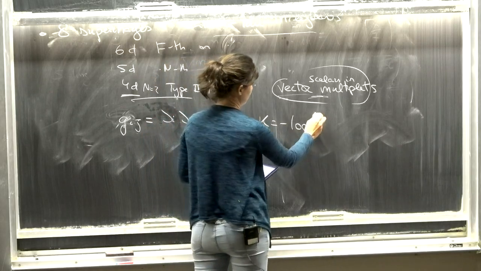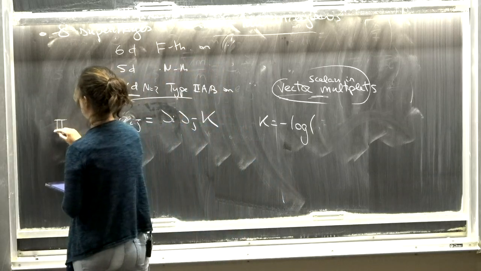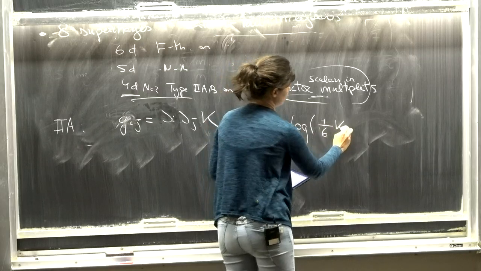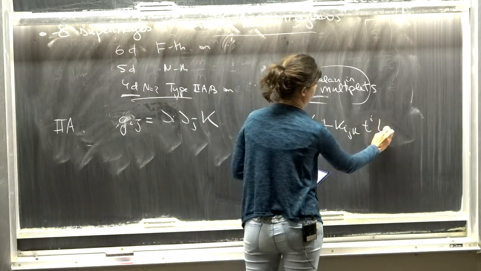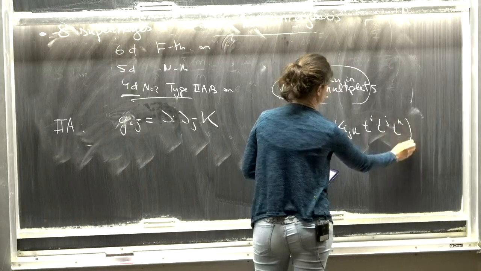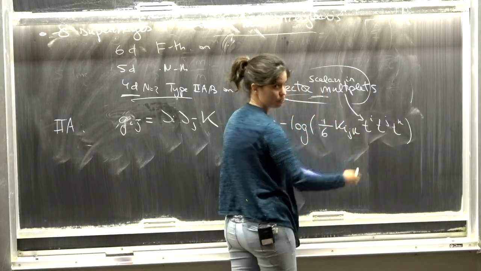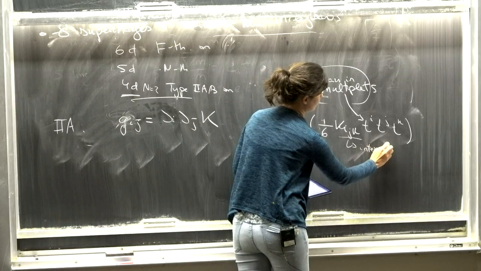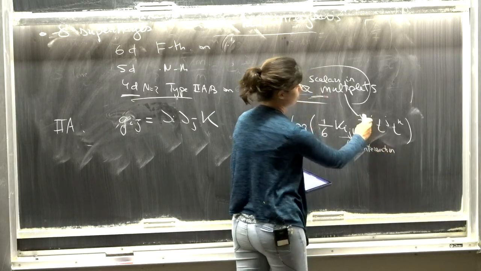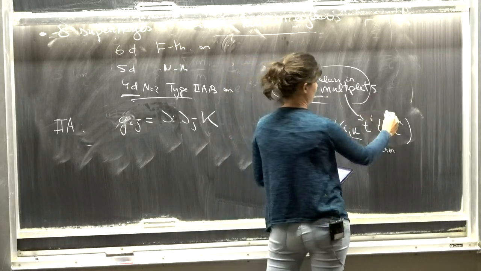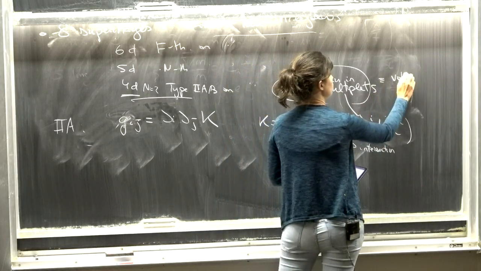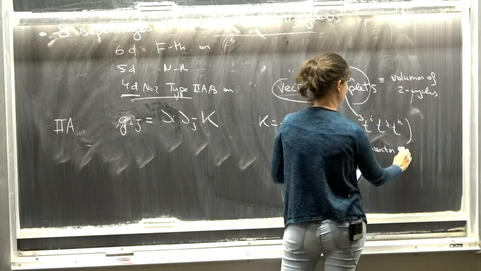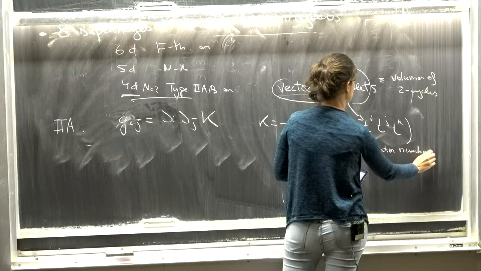This scalar potential, let me take the case of type 2A, for example, just because we were doing it before. You can write it in terms of the scalars. So the scalars are these T's here, okay? And these are what are called intersection numbers of the Calabi-Yau. So these are intersection numbers between the different two cycles. So these scalars are parameterizing the volume of two cycles. Okay, so these scalars are volumes of two cycles, okay? These are intersection numbers and so on.